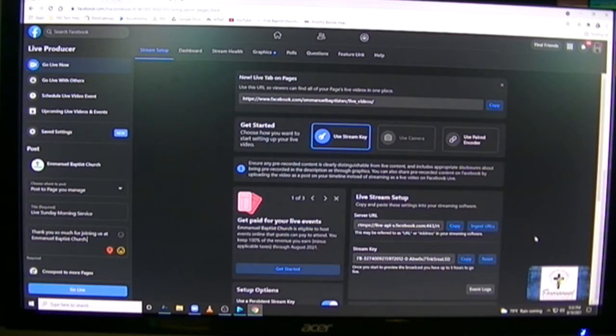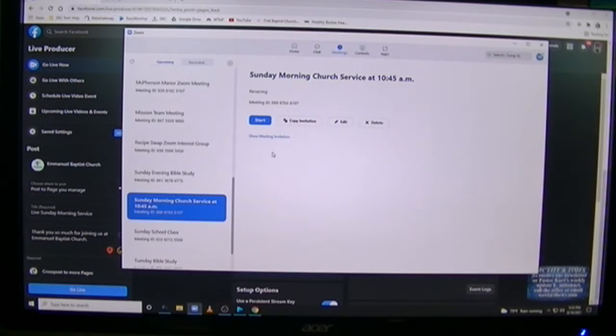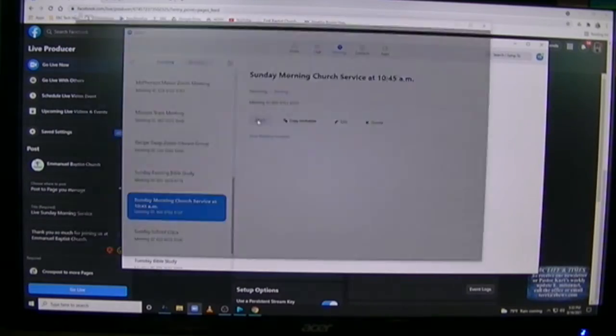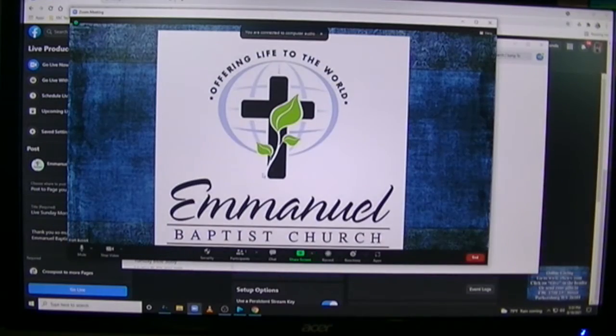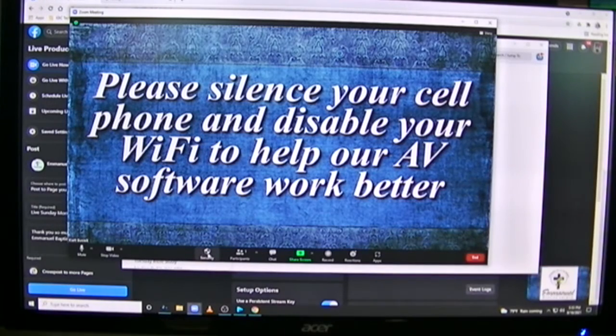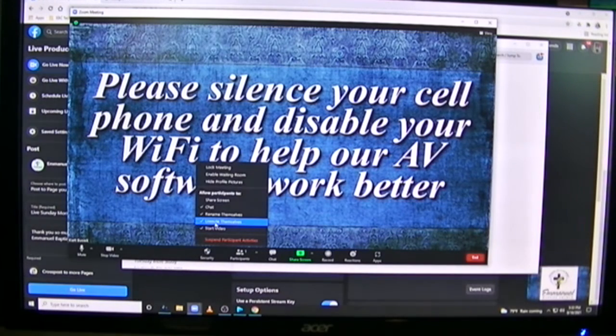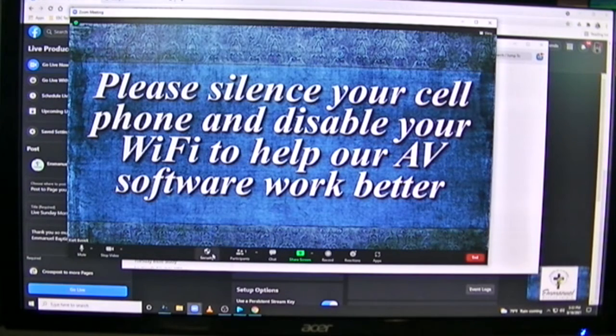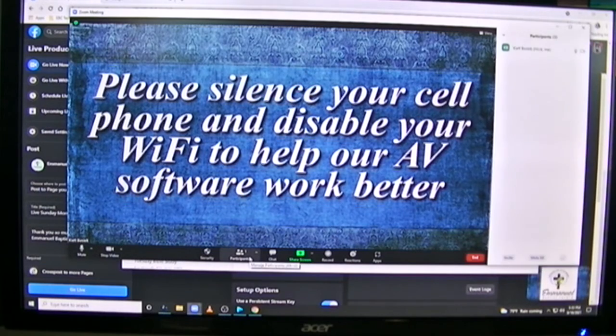And you'll know you're going out to Facebook. The next one that we have to do is the Zoom window, and you just hit start, and then the big window opens again. It's showing the pre-service slide, so we know it's going through to Zoom. And then you come down here, and we just have to tell them that they can't unmute themselves, and then